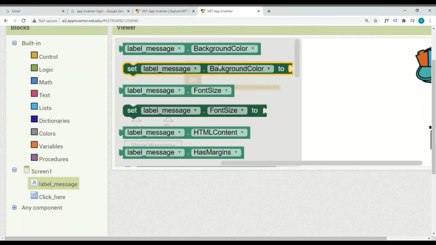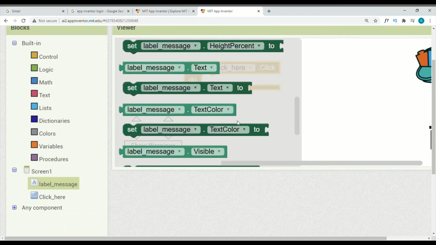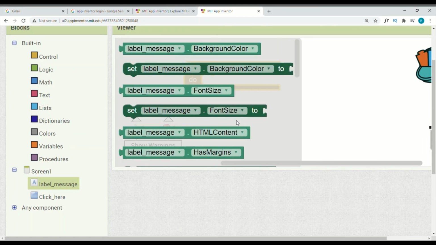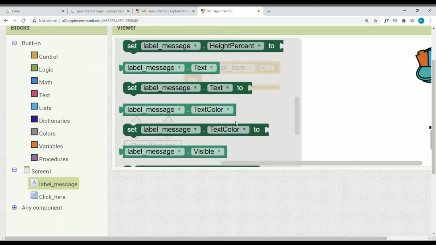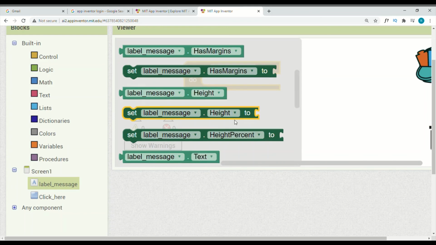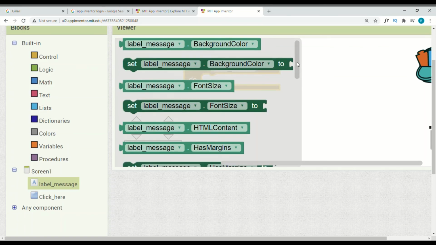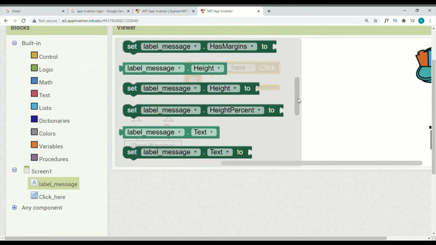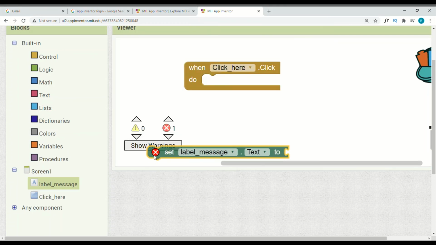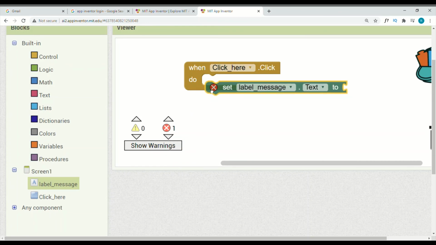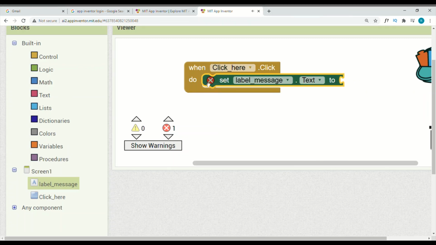Among all these, I need to drag one block, set label message text. Just drag it onto the screen and snap it together.